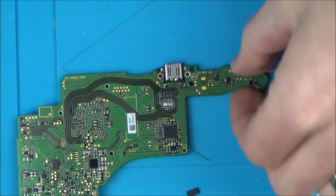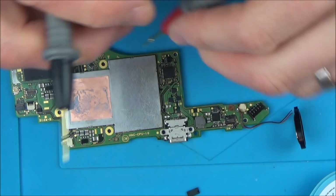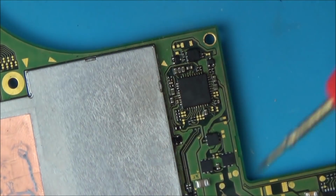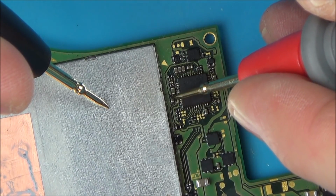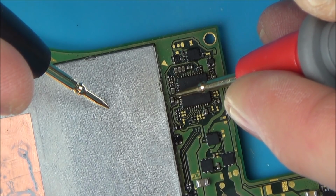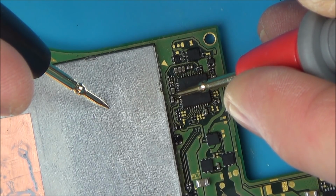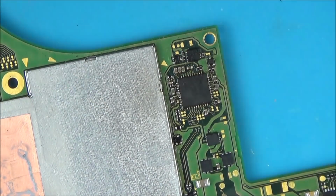That's good. Right, let's turn this over and let's see if the short's gone from the capacitor near here now, near this charging chip. Yes, it has. Yes, it has. Excellent. Very good news. Brilliant. Right, so we need to pop on another chip and see